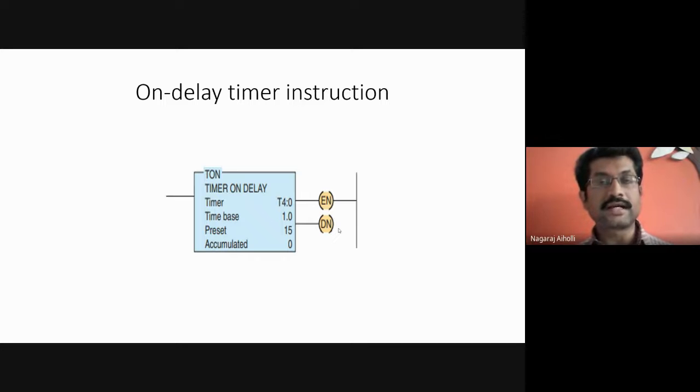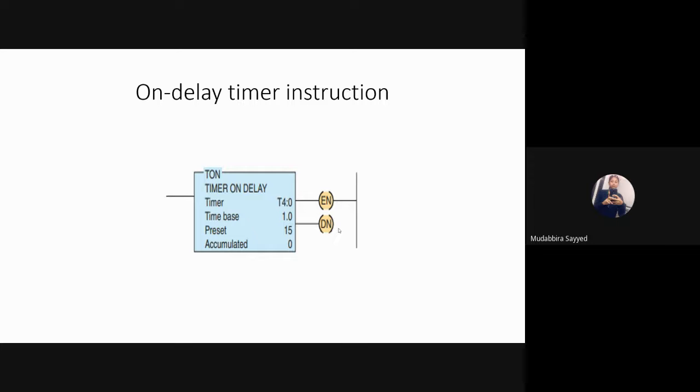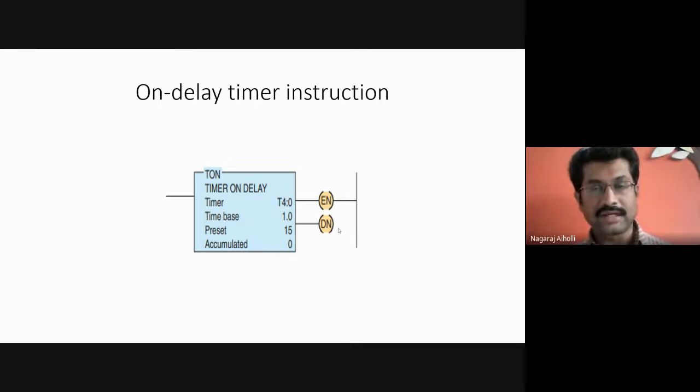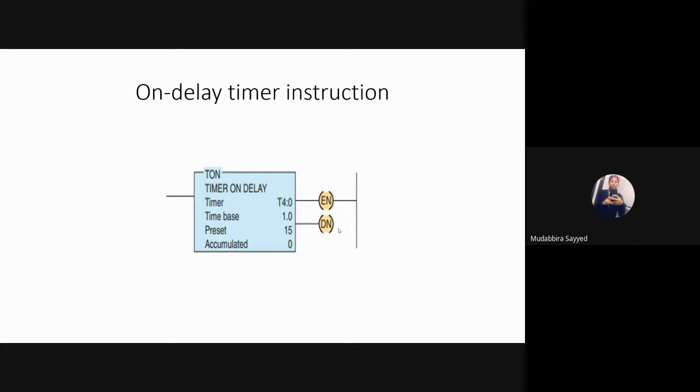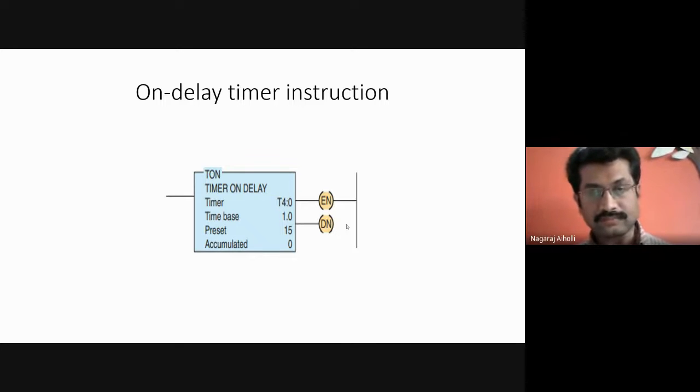In the previous slide, we saw T4:2. What does it indicate there? T4:2 means what? Are you following here, students? Everyone, are you following? So 0 is the timer number. Correct. Exactly. What about T4? T4: file type and file number. Exactly. You're right. So T4:0 indicates timer file 4, and 0 indicates the timer number.